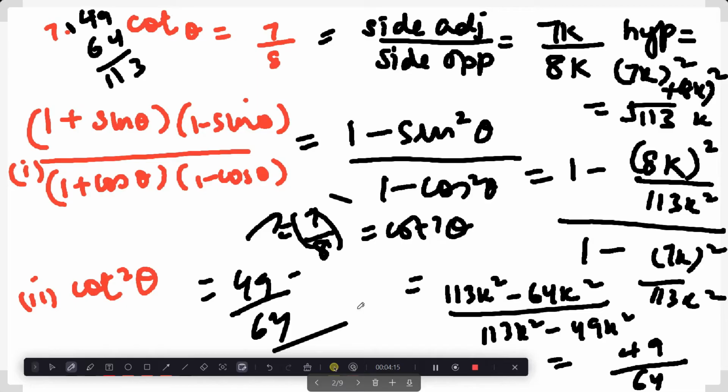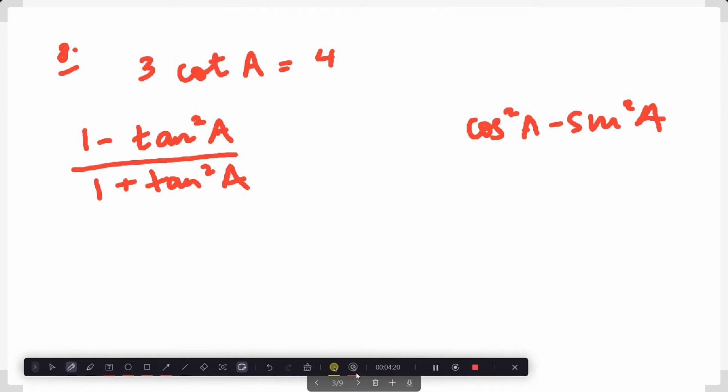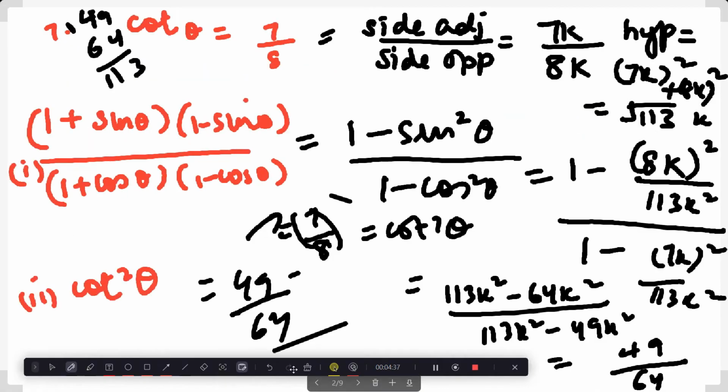8.17. It's quite correct. Let's move on. Now, cot A. So what is this? Cot A is 4 by 3. Now what is this? One rule which probably I didn't tell you is, let me just say that now. I'm not sure whether I told you in the last class. Let me just refer to the book also for you, for everyone's sake.